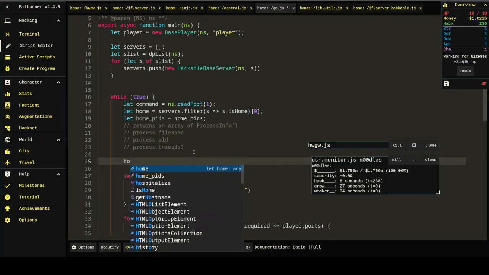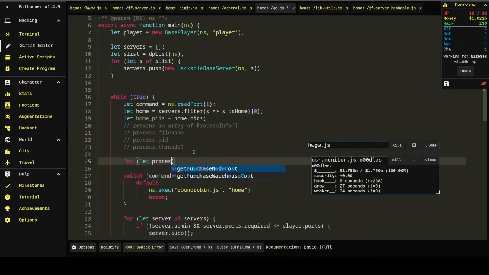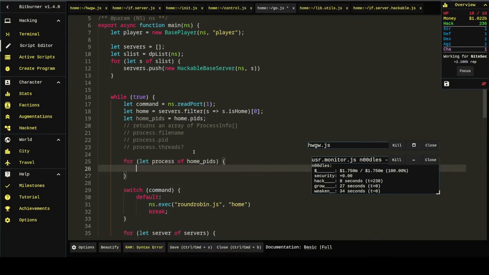And then we're going to go for each process of homePIDs. If process.filename equals